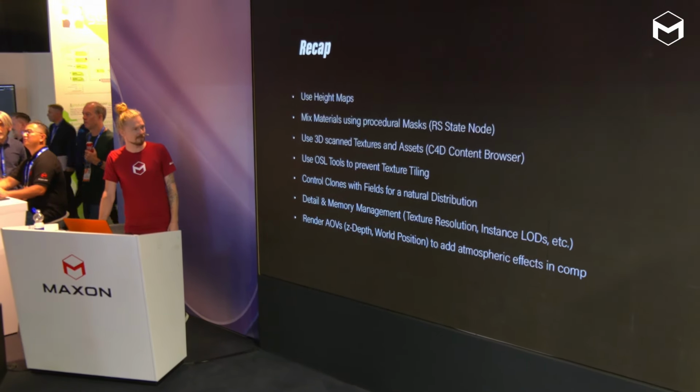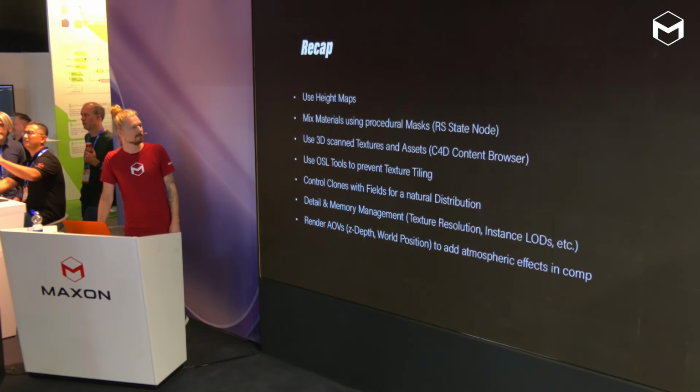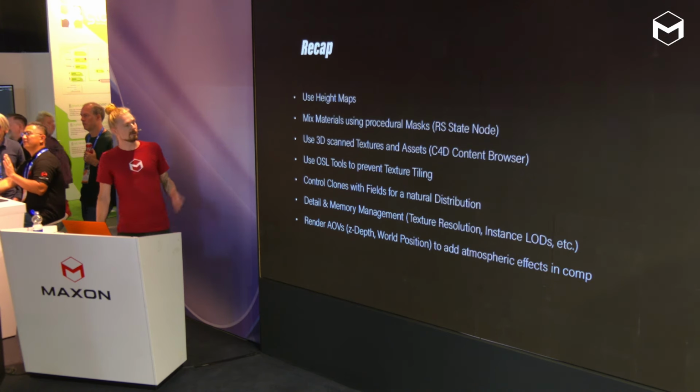Our time is limited, so we want to get it done. So you can use all those assets that are out there. You can use OSL tools to prevent these texture tiling problems. You can use cloners and control them with fields for all the natural distribution of the plants and the trees and the landscape. When you do large-scale scenes like that, you always have to think about your detail and memory